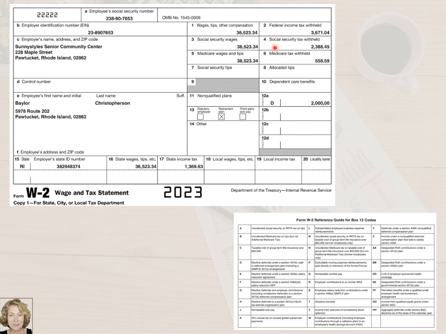Box 4 and 6 contain the Social Security tax withheld of $2,388.45 and the Medicare tax withheld of $588.89. Boxes 16 and 17 contain the state tax information. Baylor had $1,369.63 withheld for state taxes based on the state withholding certificate that he filed in January of 2023.